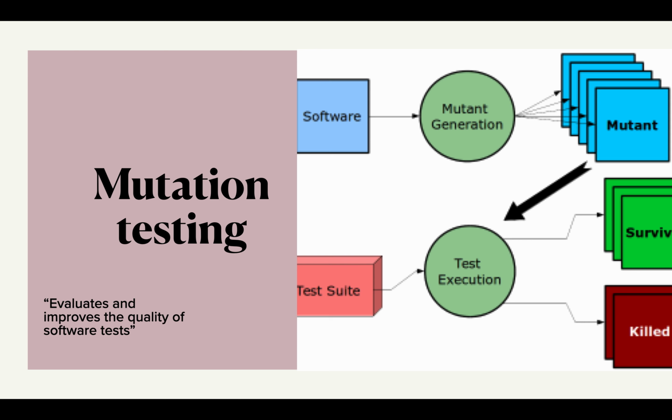Each mutation of original program is created based on one of the predefined rules for program modification called mutation operators. Each mutant is represented by a mutation point, which is a combination of mutation operator and location of a mutation in the program's source code. In order to assess the quality of test suite, mutation testing uses a metric called mutation score or mutation coverage. Now let's see what is MUL.